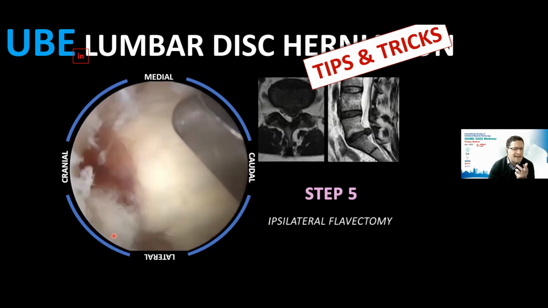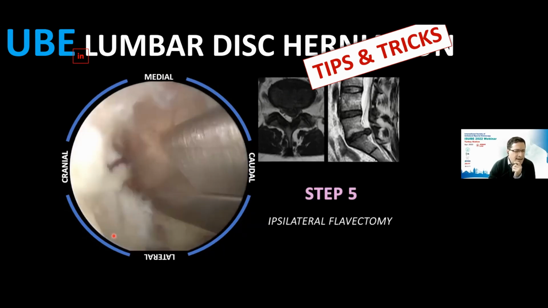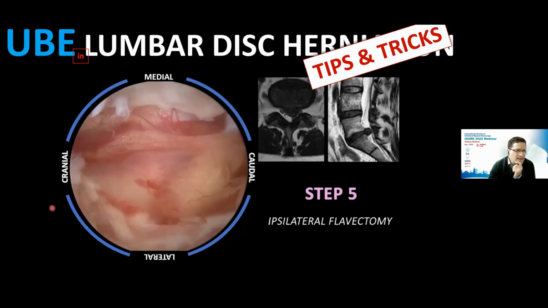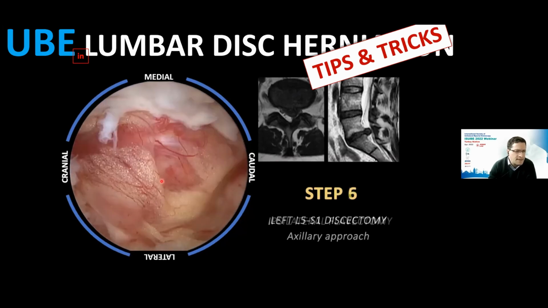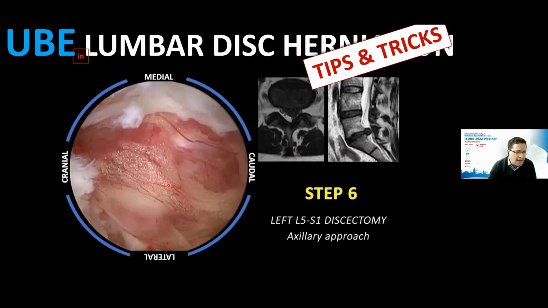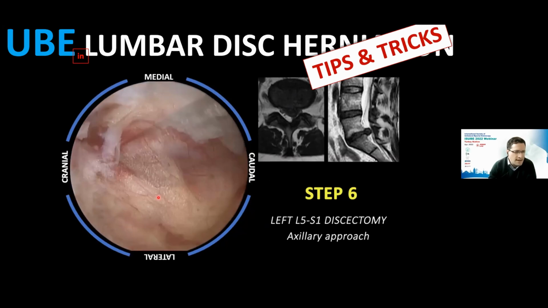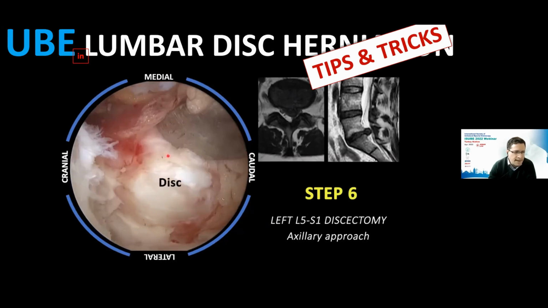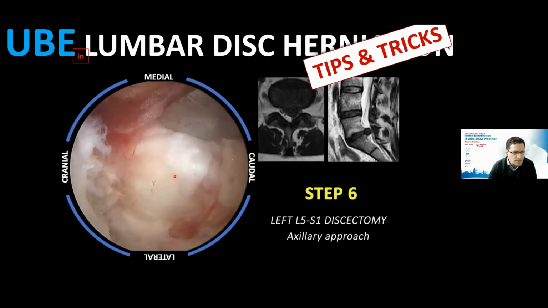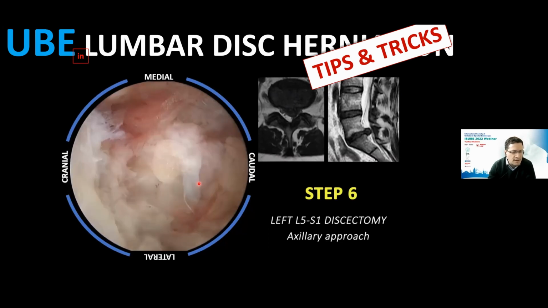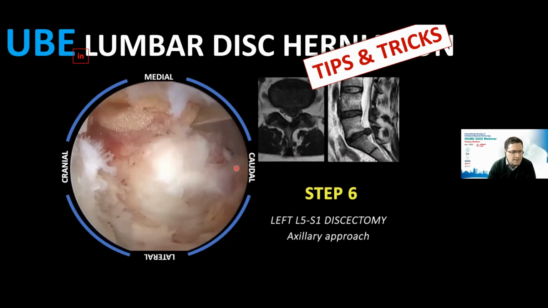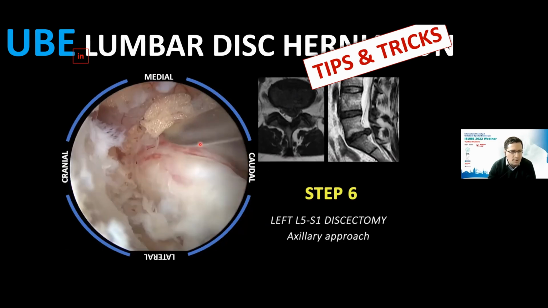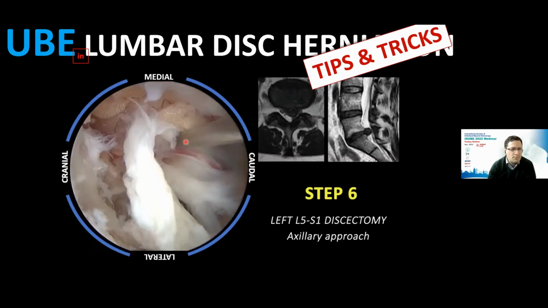In this case, for example, I tried to find the exiting transverse root, but the fragment disc is so high, big. So when I try to dissect, I don't understand where is the S1 root. So I decide to decompress first. I think I was working in the axilla of the root. Try to detach. Look, my system now is retracting part of the neural structure. And after I decompressed